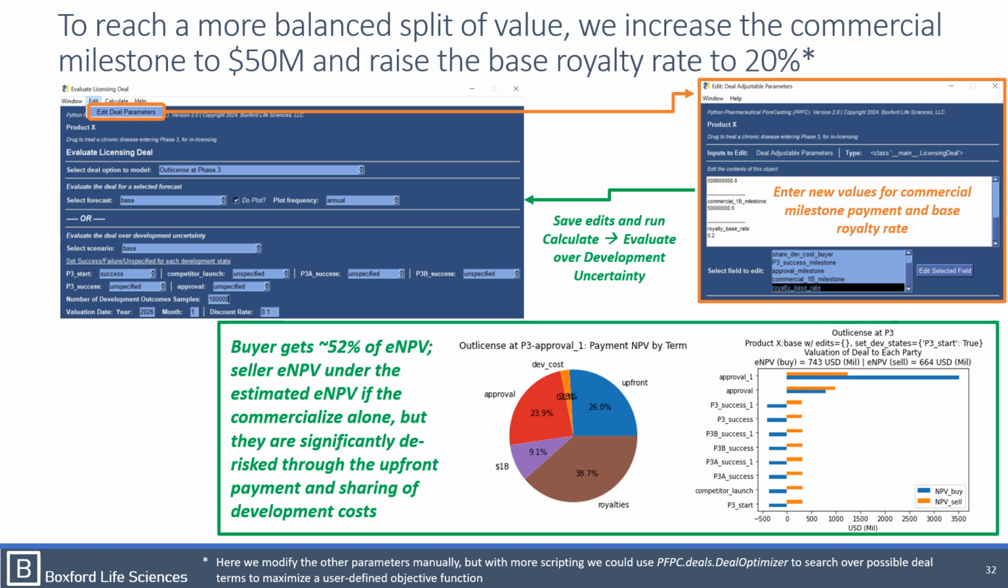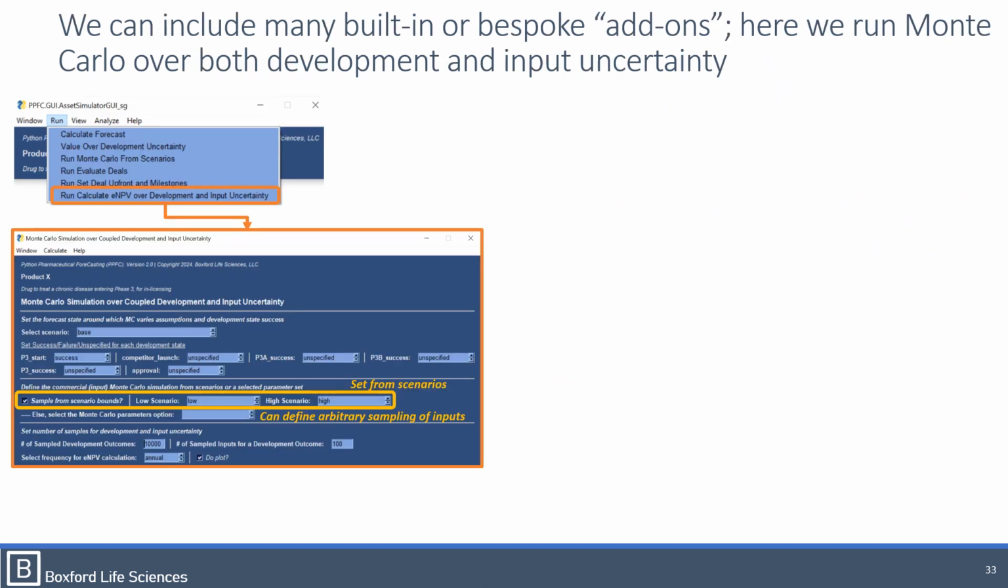So as we continue to propose and counter-propose terms, we can update those in our deal term model, see what the implications are to the economics of either party as we hopefully converge to a mutually acceptable set of terms. Here we've had an add-on routine in order to evaluate a licensing deal that's attached, but we can choose many different built-in or bespoke add-on methodologies and routines and functionality that we add to the models in PPFC when it